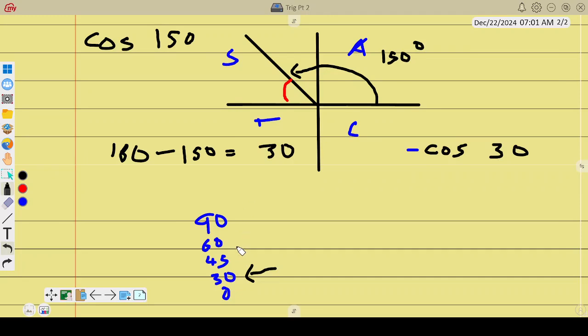Cos, you go up. So after cos 30, how many numbers do we have? We have 45, 60, 90. We have 3 numbers. So cos 30, with the negative, is root 3 over the denominator, which is always 2. So if we have evaluated,